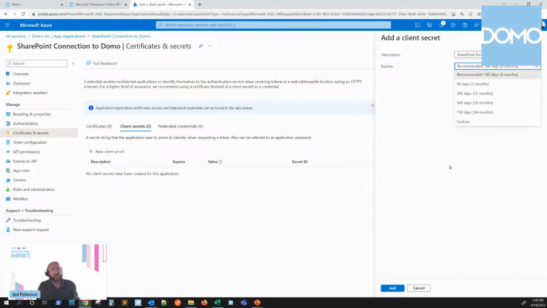This is a pretty big call out, and it's normally a conversation again with your IT team. Your IT team will typically have a limit on how far out these credentials will be good for. I suggest personally pushing it out as far as you're allowed to push that out. And here's the reason why. Not if, but when these credentials expire, all of these credentials are powering data sets within your Domo system. So when they expire, those data sets stop working in Domo. So push that out as far as you can. Make sure you set a reminder when to go in here and update it, and then also update your Domo connectors at the same time. We'll take the furthest option that we can for this example